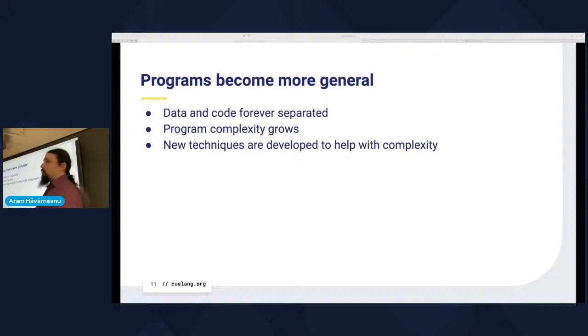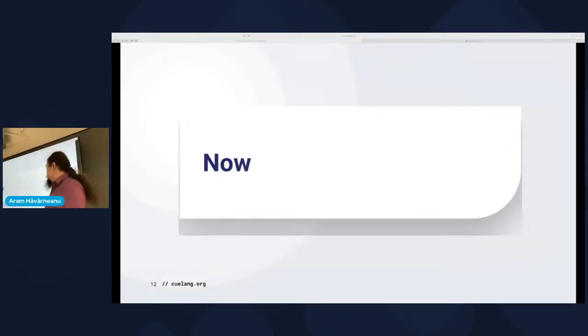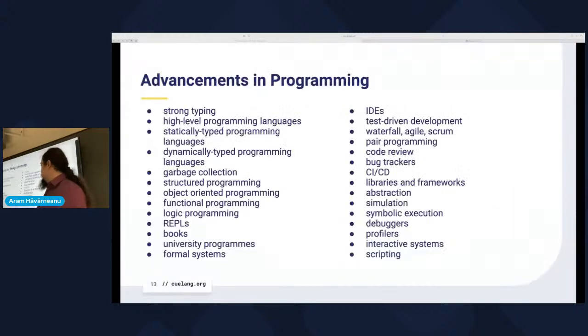So programs became more general and bigger, and of course, it's more difficult to deal with bigger and more complex programs. So we had to invent all kinds of things to deal with this complexity, and we developed all kinds of programming techniques that we use today. And I won't read these all. In fact, it doesn't matter what is written on this slide. This is just a brain dump that I had when I created this slide, and I could have put twice as many things, but I stopped because it was becoming too small.